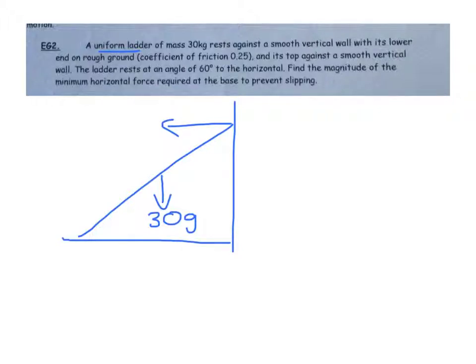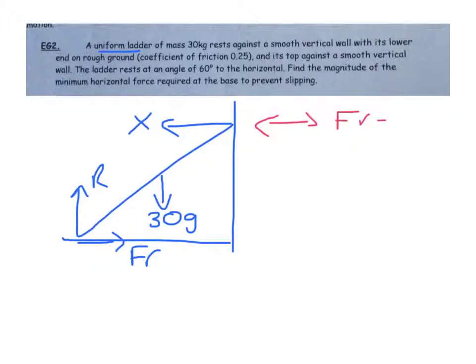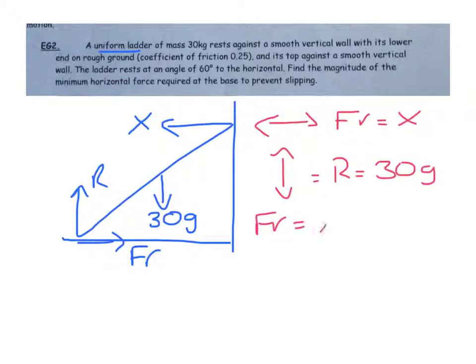We have rough ground, so there will be a reaction and friction, and I'm going to label this force X. I'm now going to consider my forces. We're in equilibrium, so the left forces have to equal the right forces. So friction has to be X. Up forces have to equal down forces, so R is 30g. And I also know that friction equals mu R, so that will be 0.25 times 30g, which is